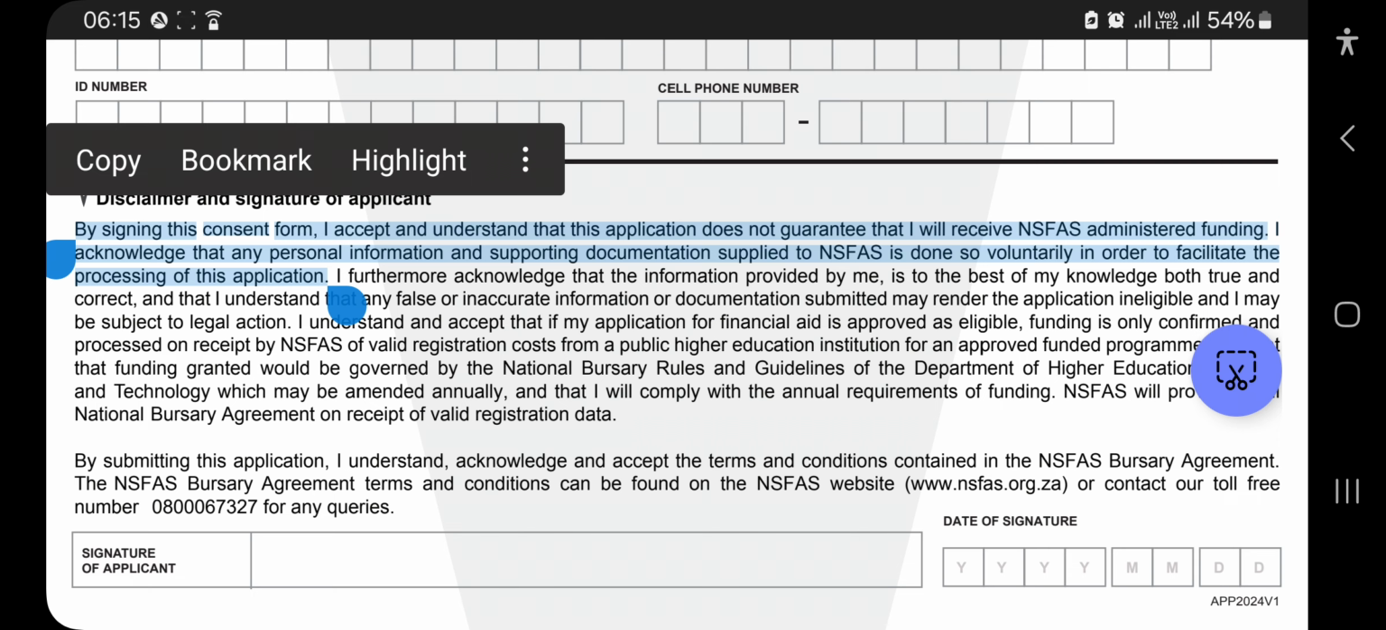By signing this consent form, I accept and understand that this application does not guarantee that I will receive NSFAS funding. I acknowledge that any personal information and supporting documentation supplied to NSFAS is done so voluntarily in order to facilitate the processing of this application. Obviously, if you want your things to be approved, you have to volunteer. I mean, if you don't volunteer, what are you hiding? You see,